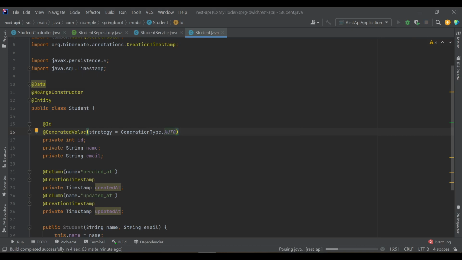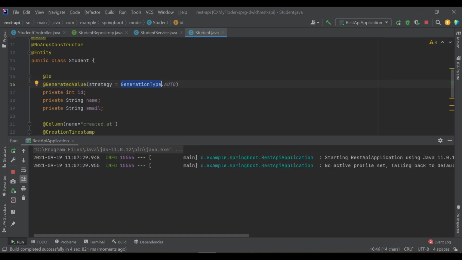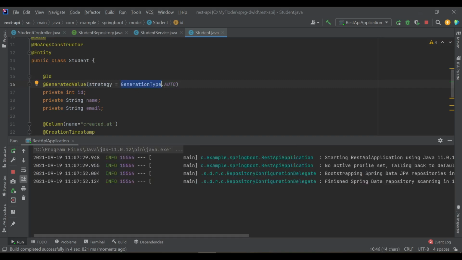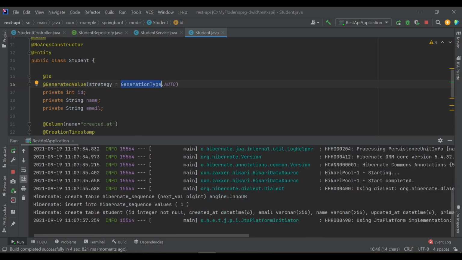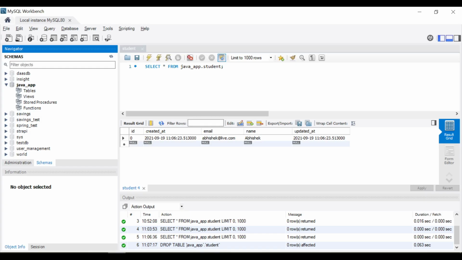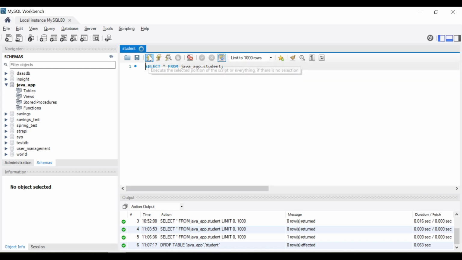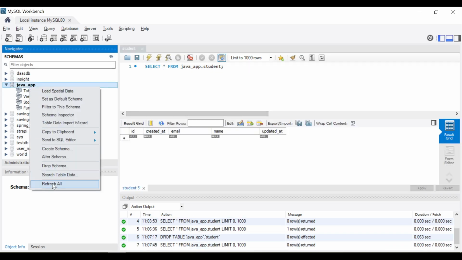Because what we have done here is tell Hibernate that our strategy is like auto increment, generation type is auto. So whenever you enter new data inside the database, our primary key will always increment by 1. So we have deleted that database, and now let's refresh.